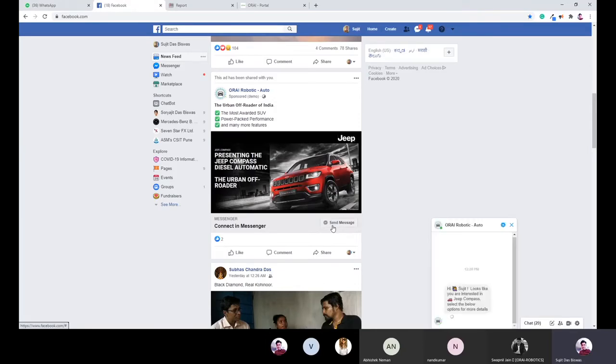Now, if you see, immediately the virtual assistant comes up within Facebook. So the user is not moved anywhere. I haven't gone to the website or any other place. Within Facebook, I just click this ad, or it can be a blog, it can be any information, and automatically the user is given all the information he or she is looking for